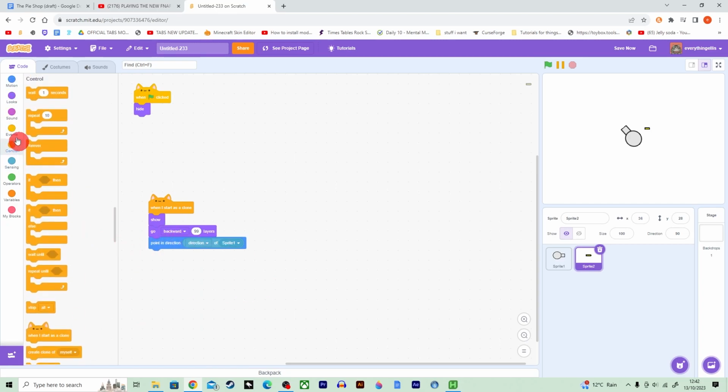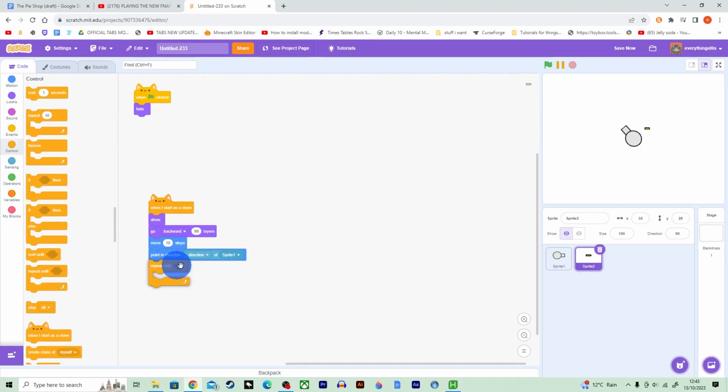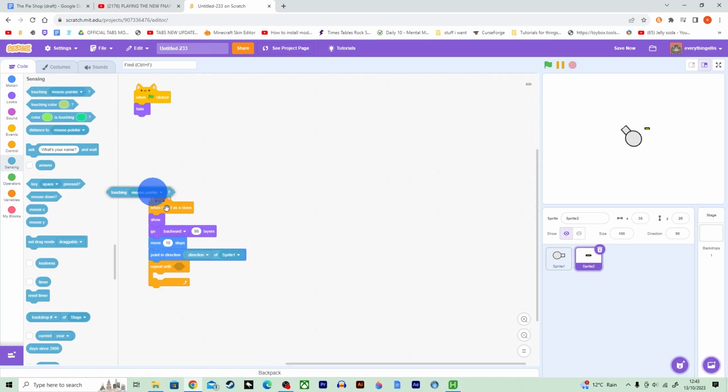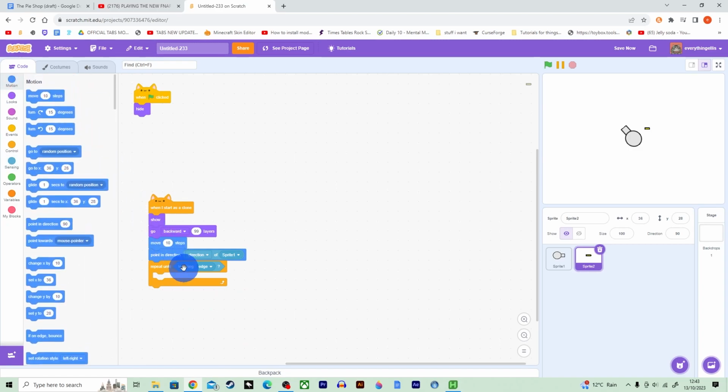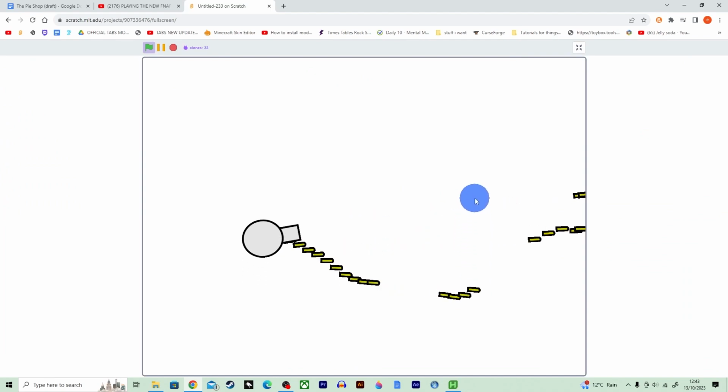And then, actually I forgot, we have a move 10 steps. We have point in direction, then we have a repeat until, put a touching edge block in there, and then get a move 10 steps. And I'm forgetting a lot of things, haven't I? I forgot to put the go to sprite 1. Now when we shoot, a bullet will come out of the gun,